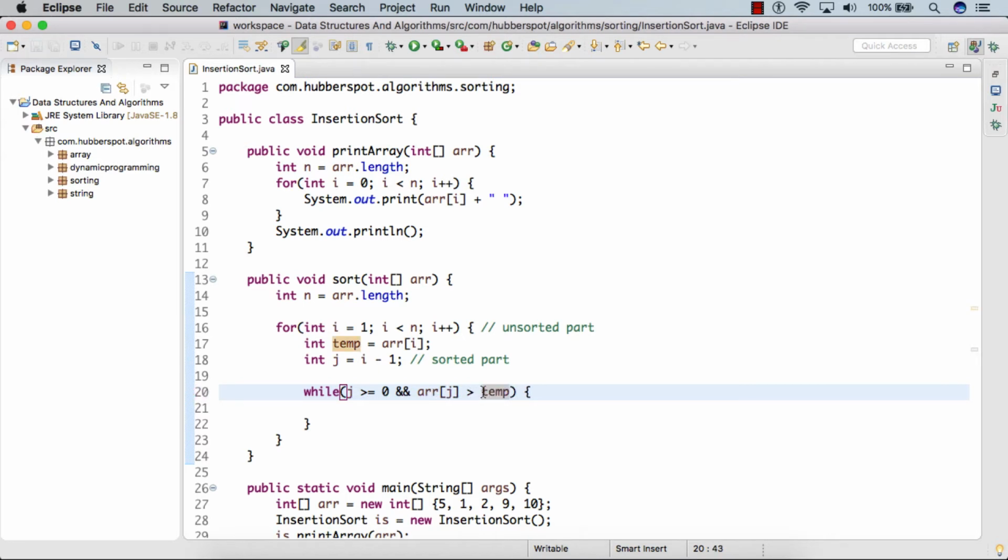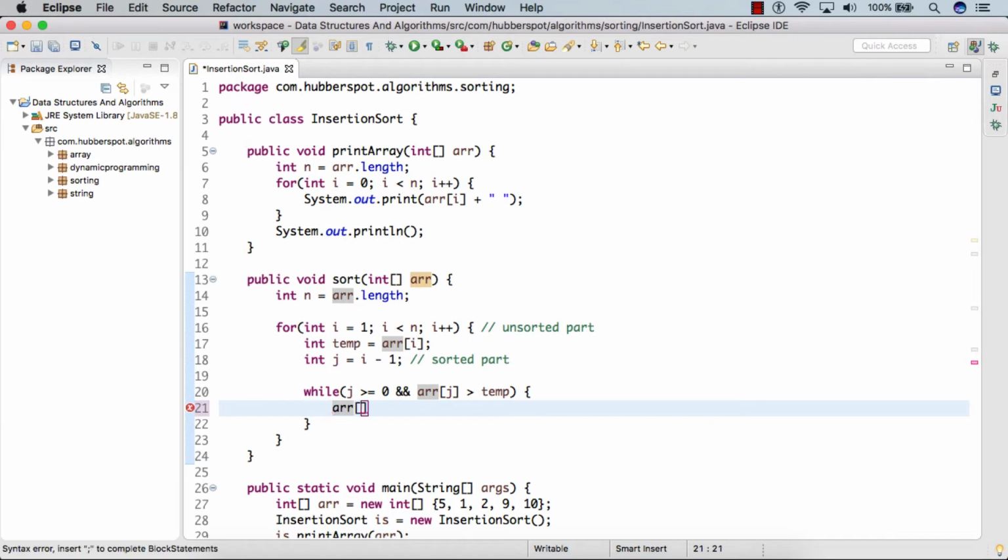So if this is true, inside this while loop what we do is we simply shift all the larger elements which are greater than temp by one position. And how do we do it? We simply take the value stored at the jth index and we transfer it to the j plus 1th index.